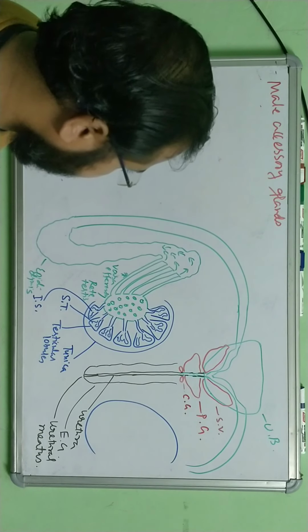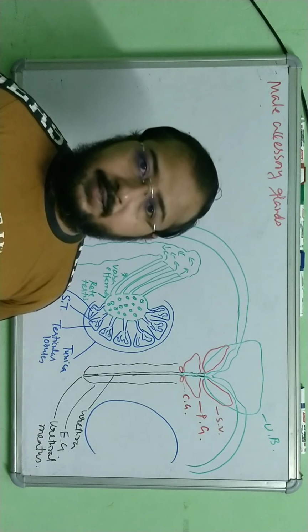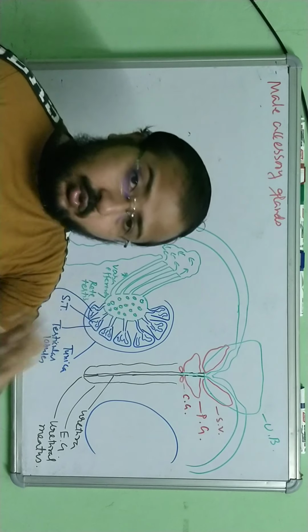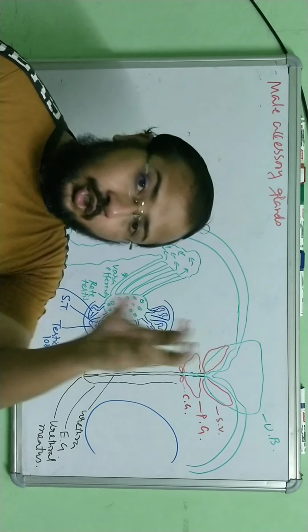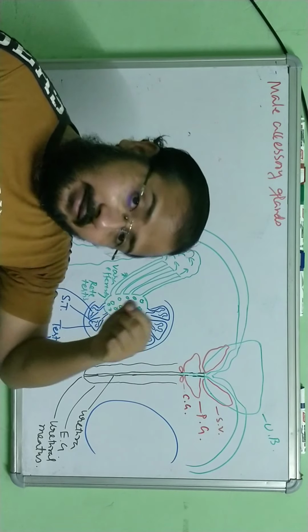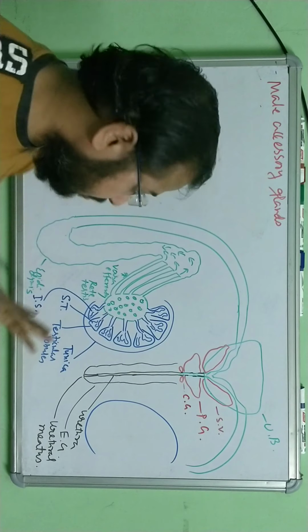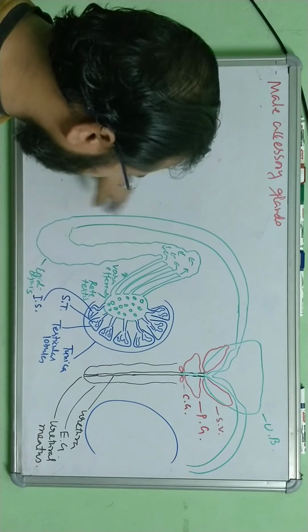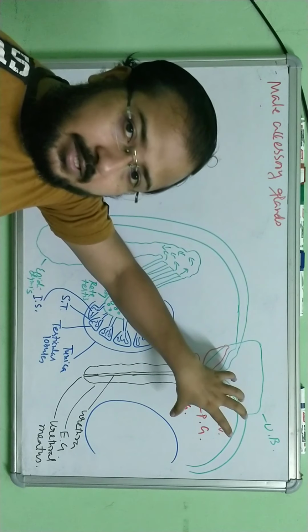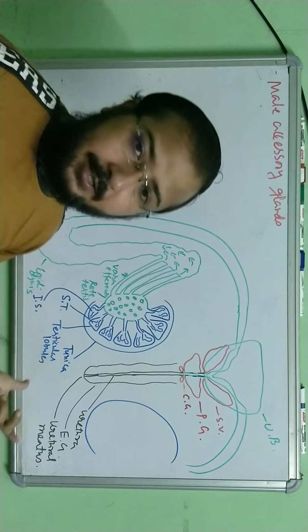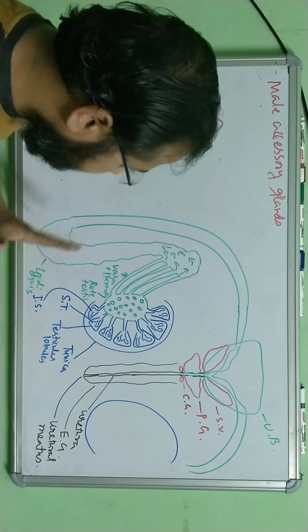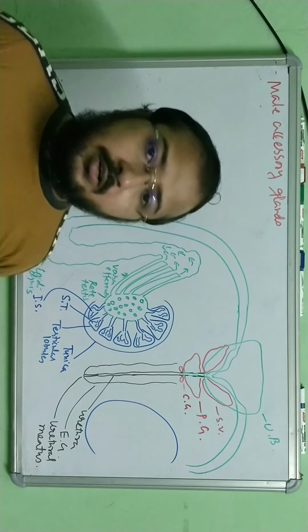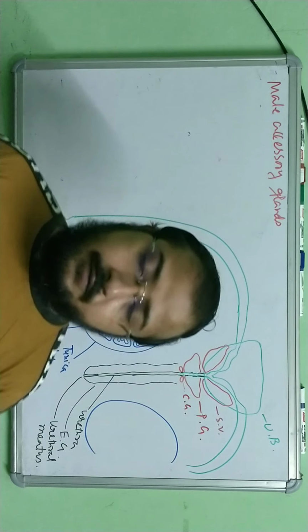So this is all about the male reproductive system. We have seen it one by one in the proper sequence. You have to understand and you have to learn. Your notes should be made in the sequence I have discussed. First the testis, the anatomy of the testis, then the accessory ducts, then the glands, then the urethra and the external genitalia. So this is all about the male reproductive system. Clear? In the next video I will be covering the female reproductive system.